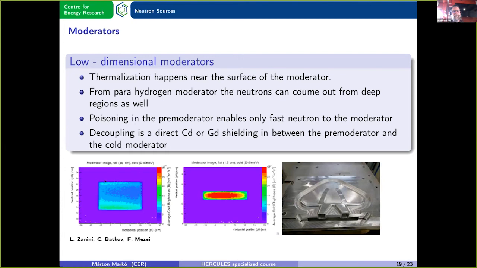Above there is a reflector, so at the top surface there are some neutrons coming out, but in the middle it's much lower. So if we decrease the height of this moderator, then sooner or later we will have only surface, only the skin effect. And this is the ESS moderator, it is 3 centimeters high, and it has much higher brilliance or much higher flux